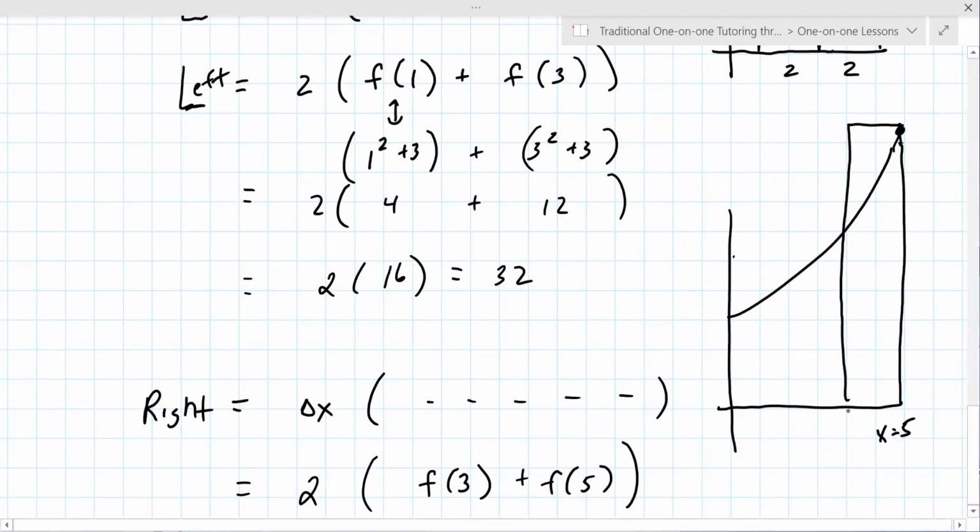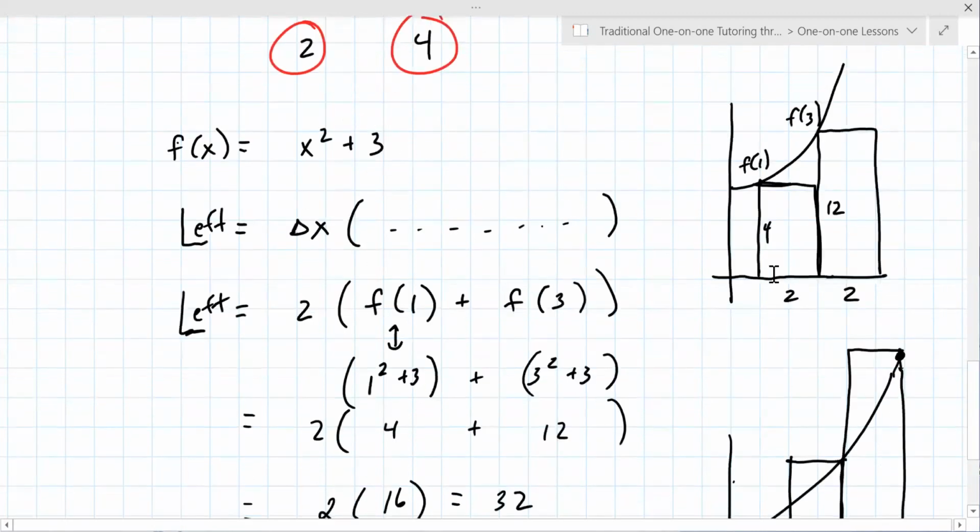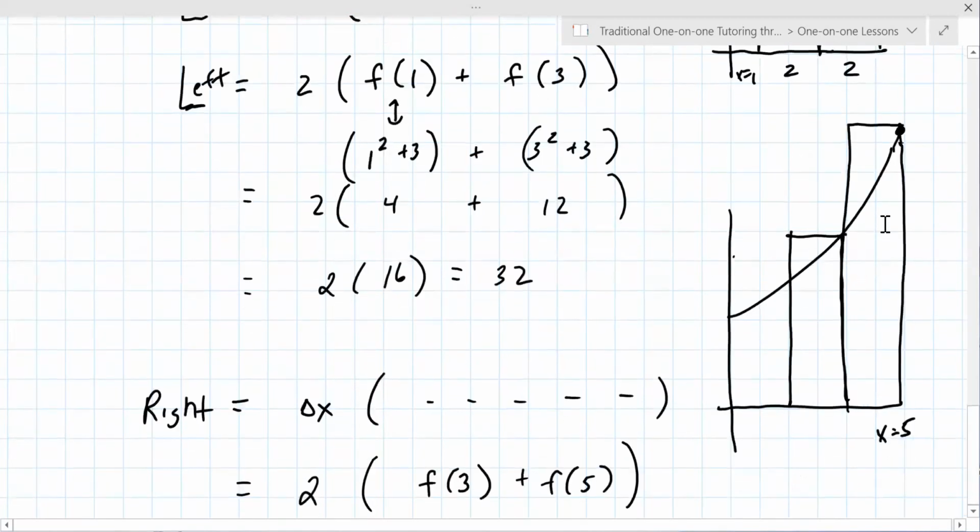And then you hit it at 3 again. You go left 2 units. Okay, gotcha. Now similarly, you started at 1, you go up and hit the graph and you go this way. Now you're going to get questions that ask you whether it's an overestimate or an underestimate, and you